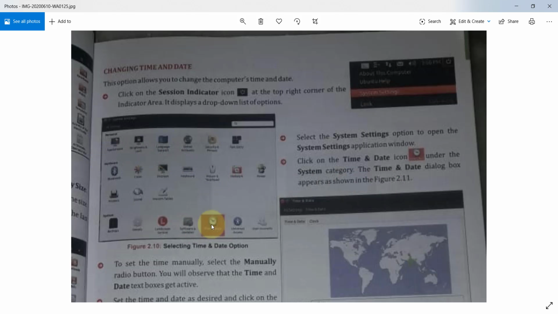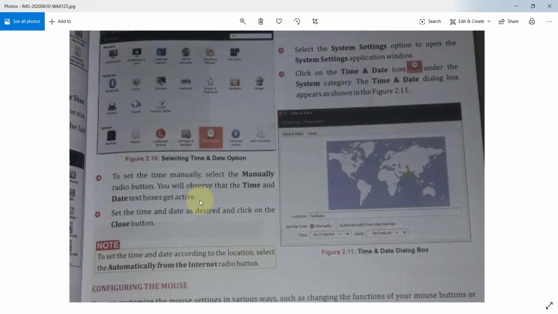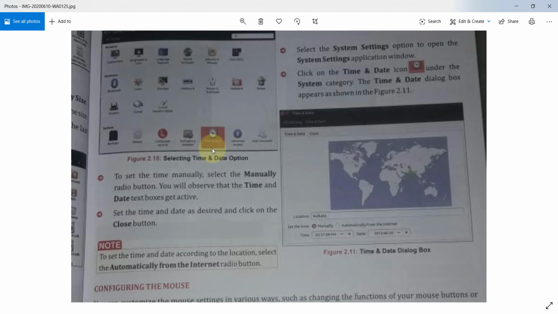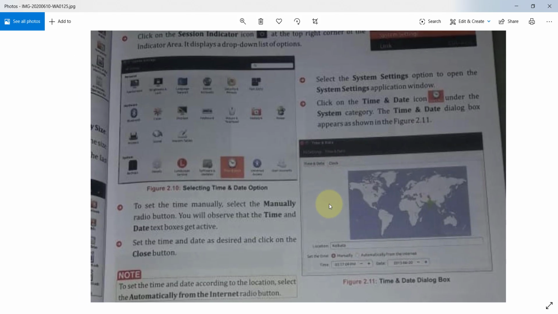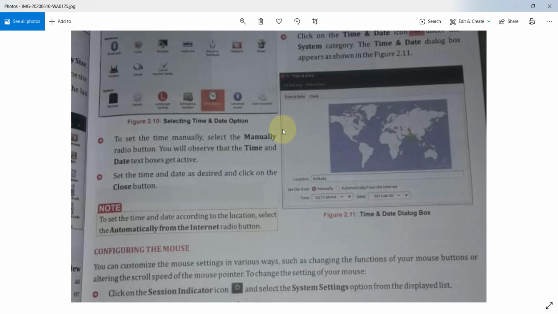Clear? So this is the time date option. There you will click. When you select this time and date option, you will get this dialog box. This is the time date dialog box. There you can set the time and date.